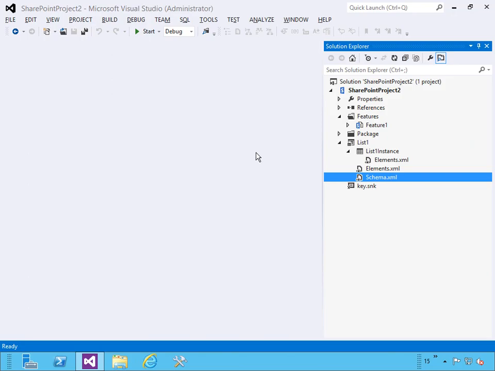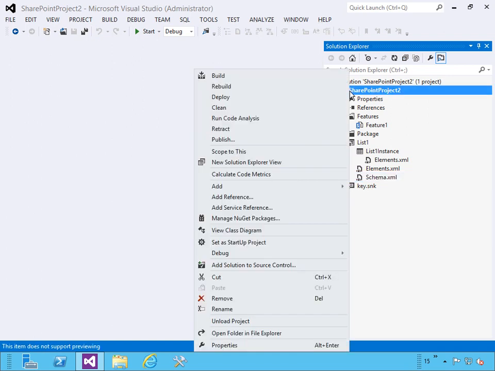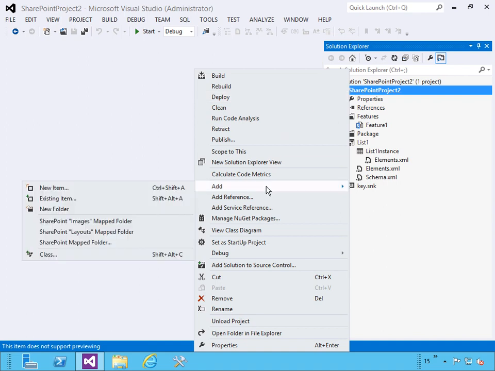Okay, we're back to the same SharePoint solution that we've been working with, and I'm going to add a mapped folder to my project. So I'm going to click on Add, and notice how I have choices. I have SharePoint Images mapped folder, SharePoint Layouts, or just a generic SharePoint mapped folder. So I'm just going to click on that first,